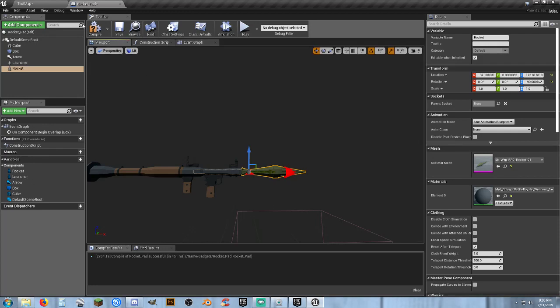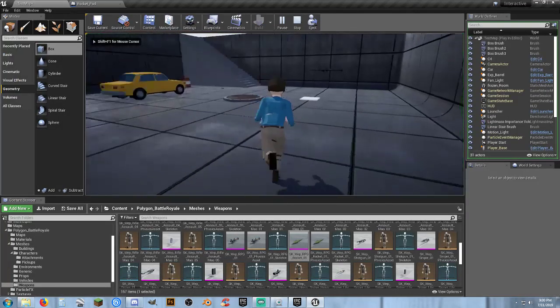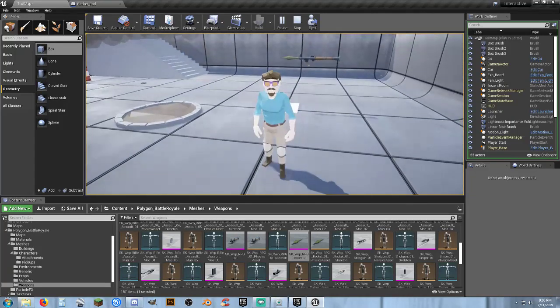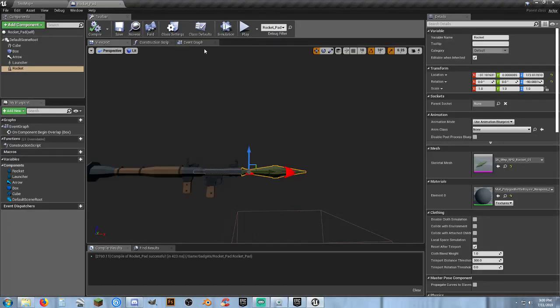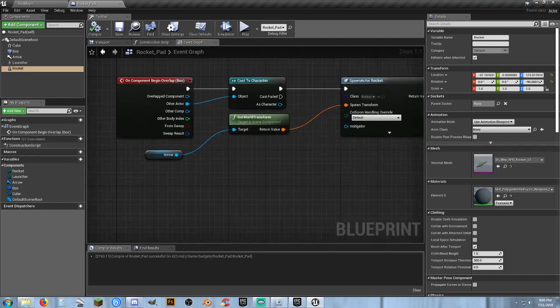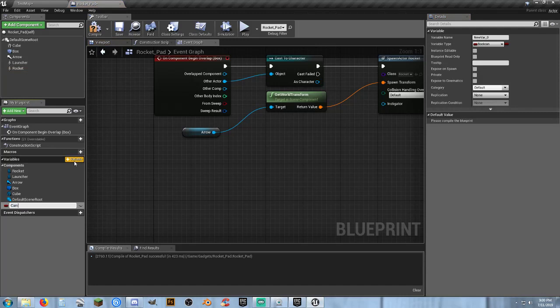So what we need to do now is we have it visible. So if we see it, we hit play. We can see we got an RPG launcher right there. We step on it, and it fires. I know this is going to make things complicated, but add a variable, can fire,